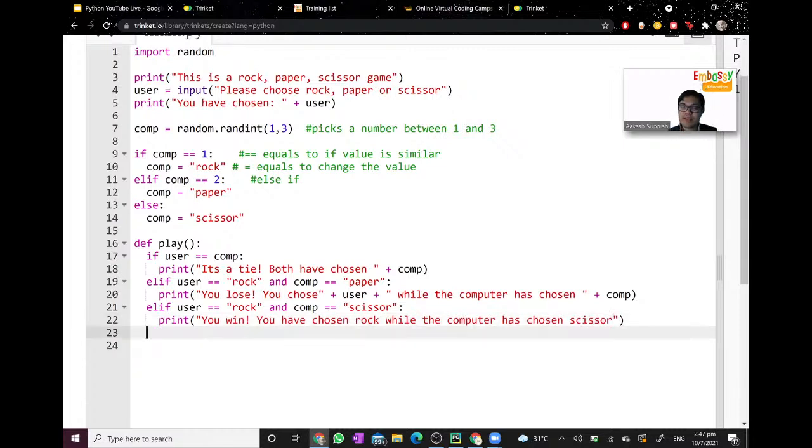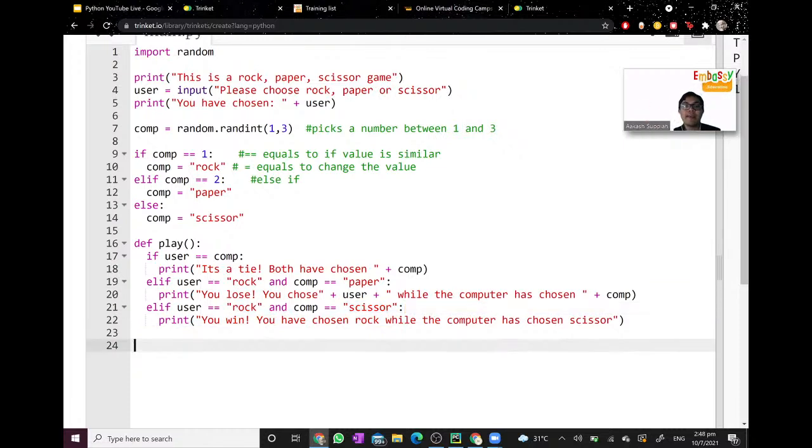Both these lines are similar, just different ways we type our print statement. This one is more dynamic because it uses the value of user and comp here, while this one prints out one single line statement. But we know what the statement will be because it will only be printed out if this line here is true. If it's false, you keep going up to the next line and see which line is true.